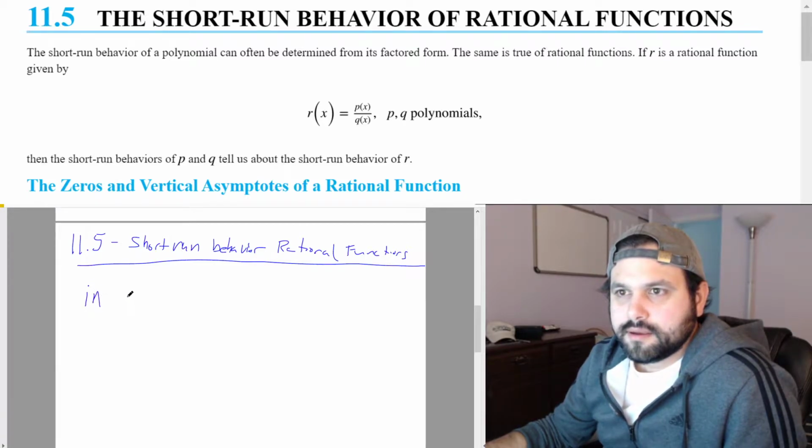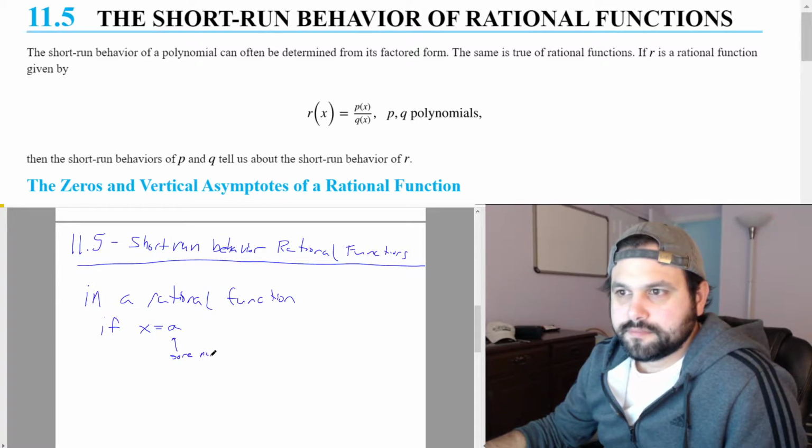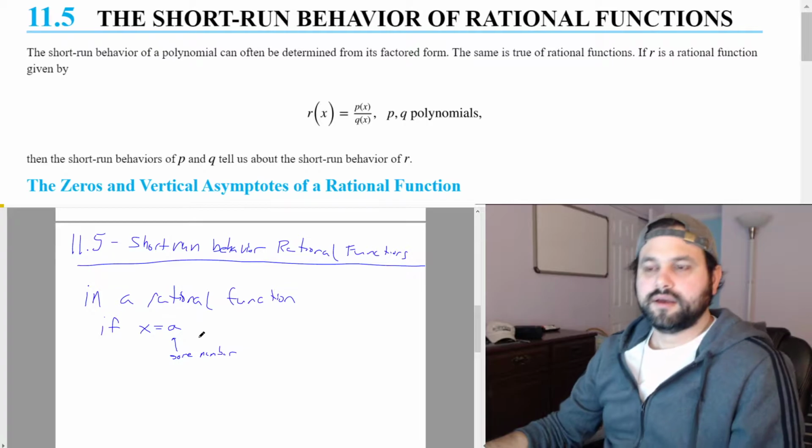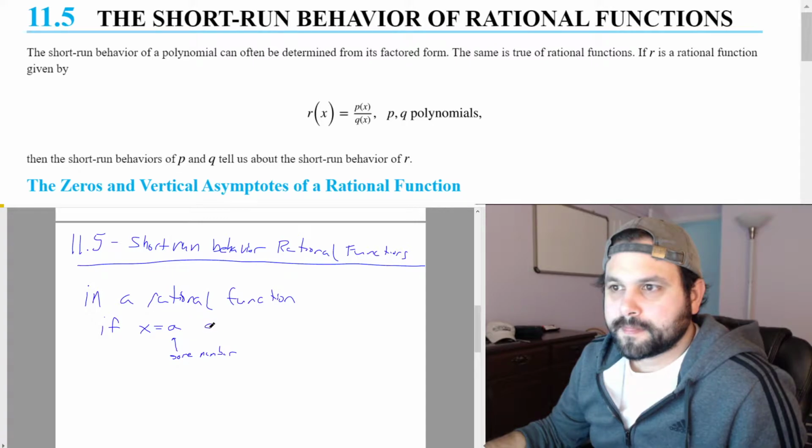In a rational function, because that's what we're talking about here, if x equals some number, let's say if x equals a, just understanding that this is just some number, if x equals a causes,